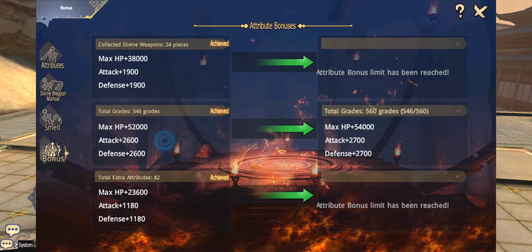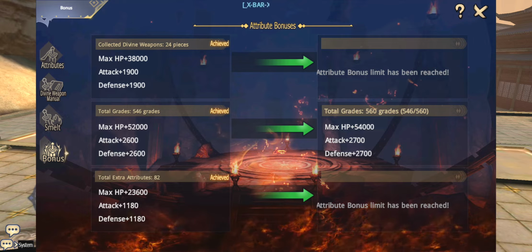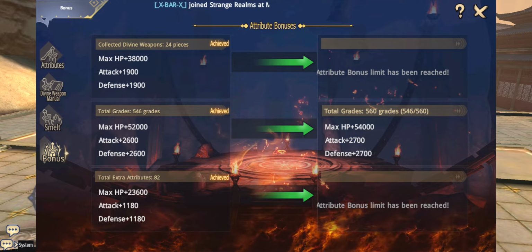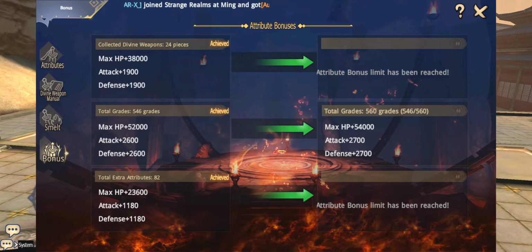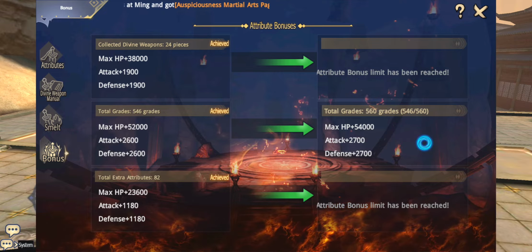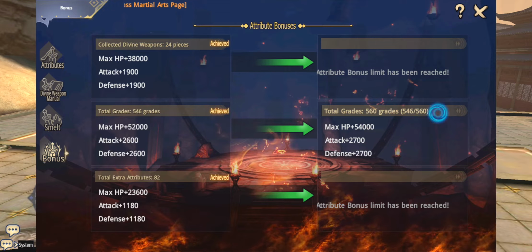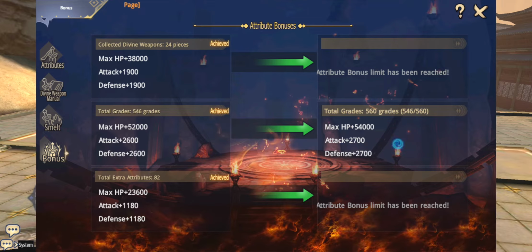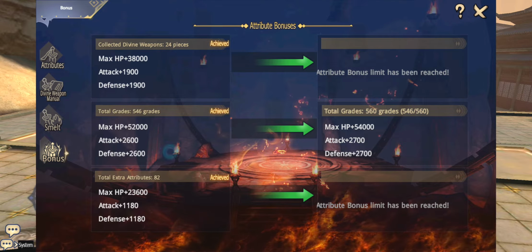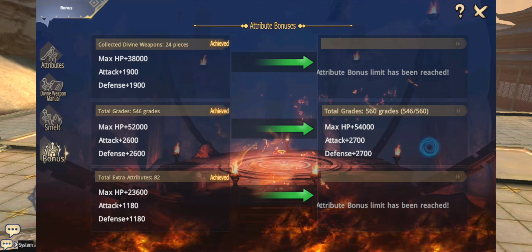10 new stats from here will be the equivalent of increasing your attack by 1000, your defense by 1000, and your HP by 10,000 or 20,000, something like that. So yeah, that's how this works. This number goes up to be able to unlock these. I'm at 546. I've got to bring it up to 560 to get these stats. So at the moment I'm at this. So one more up, well, say 45. I need 15 more upgrades to unlock this one,